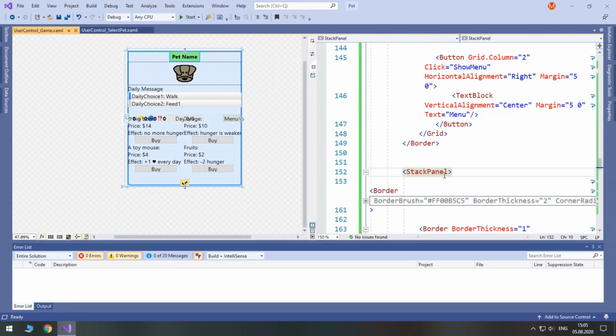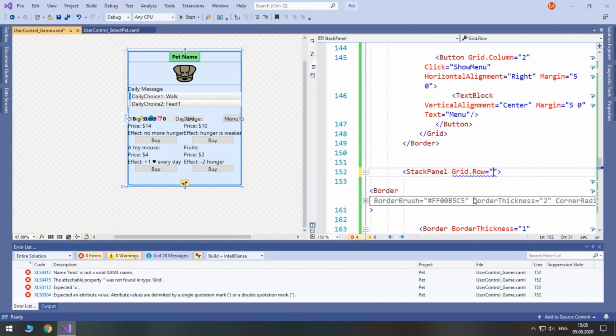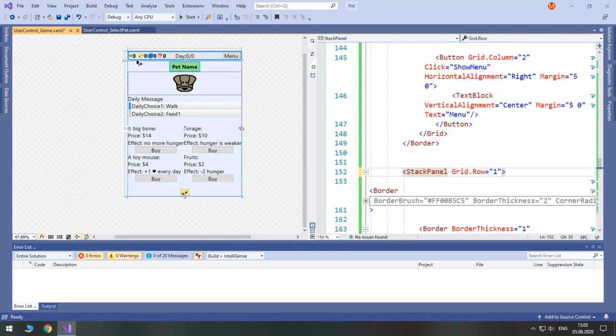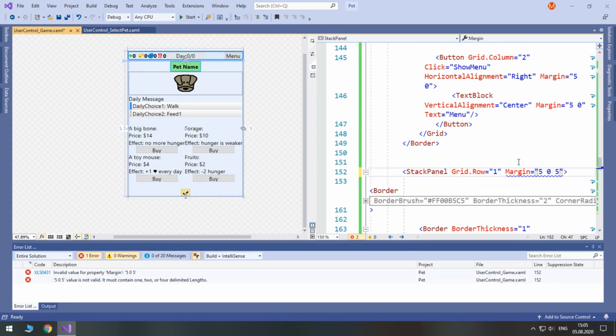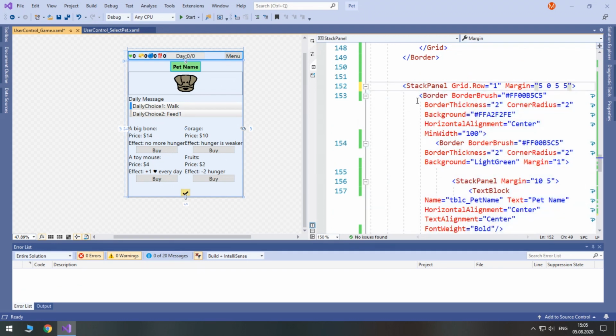Now let's set the grid row on this stack panel to be 1, so that our stats, progress and button are on top and the rest of the game is in the second row. Let's add margin to the stack panel, 0 on left, 5 on top, 5 on right and 5 on bottom. Inside we have a border.